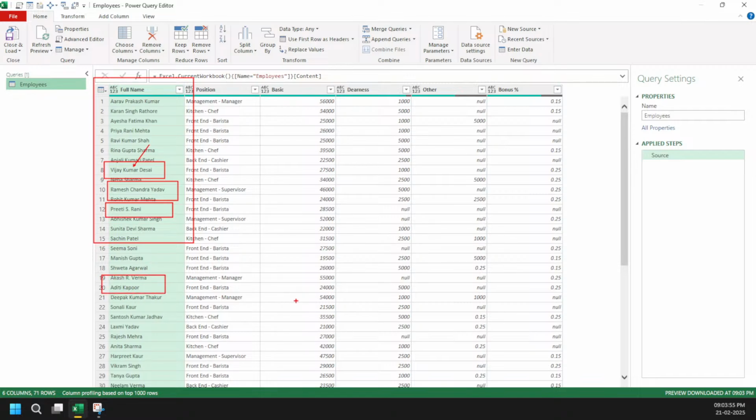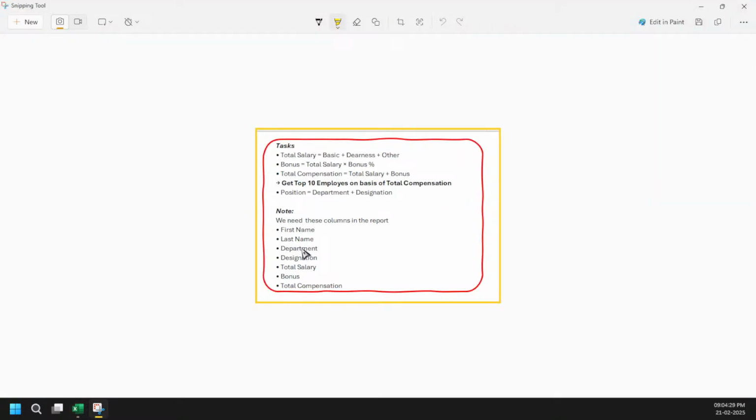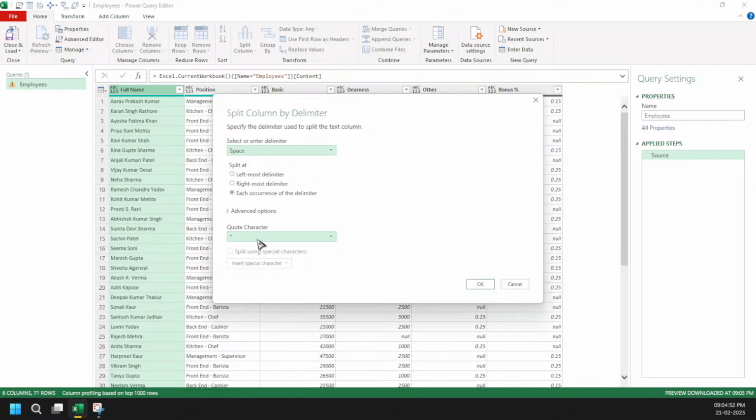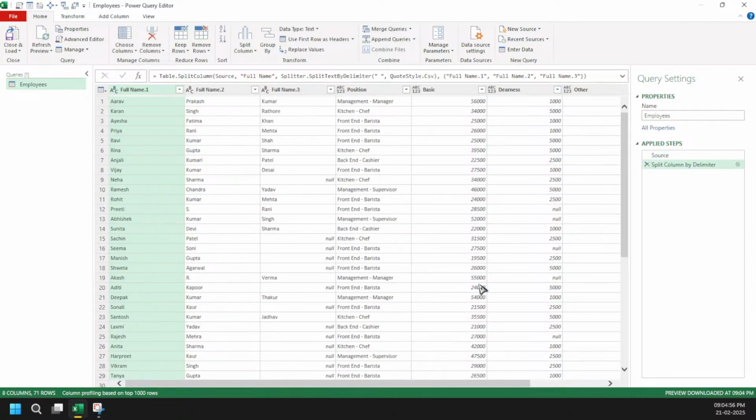So we need to figure out these quirky things, because in our end data I only want the first name and last name. No one is interested, and in many countries the middle name is considered a private thing. So yeah, we don't want to present that information. So what to do here? I'm coming here and I'm going to split, and let's say I split just with the space, because that's my delimiter, and that's it. I'm good to go.